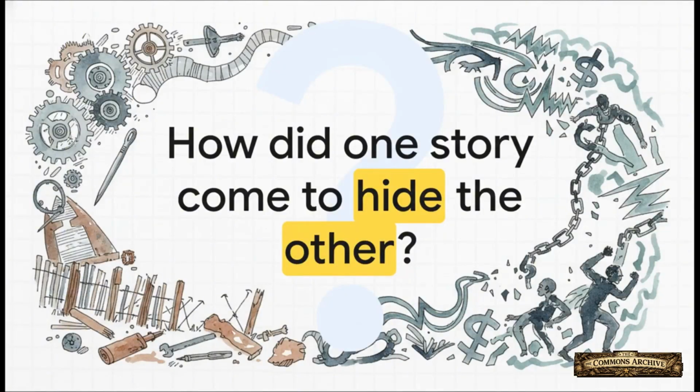And that really is the central question for us today, isn't it? How did that clean, simple story of the pin factory somehow manage to completely overshadow the violent reality of dispossession? How did the idea of the market become a way for us to forget its own brutal beginnings?